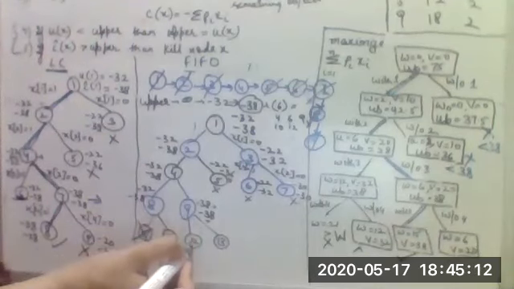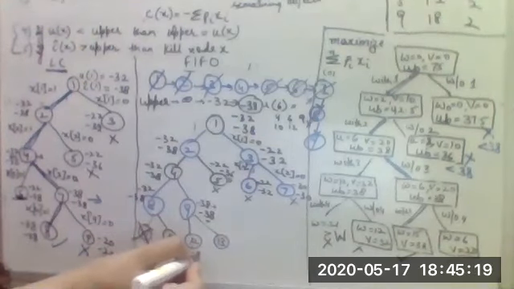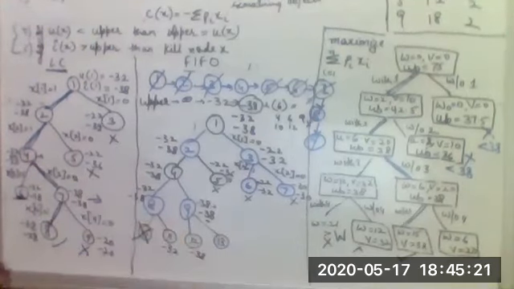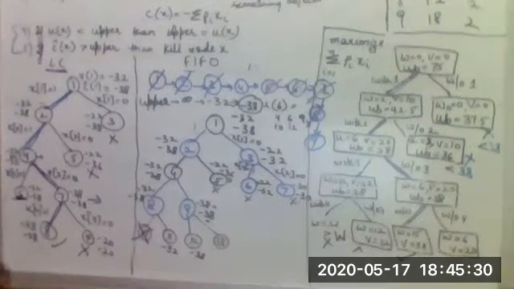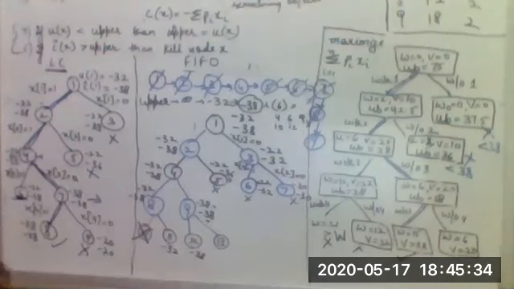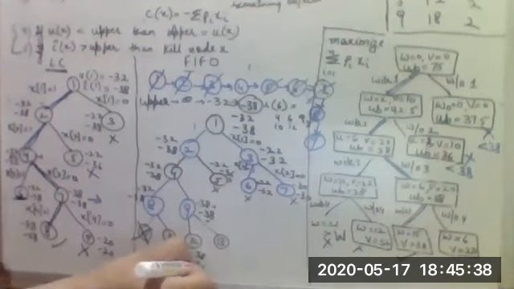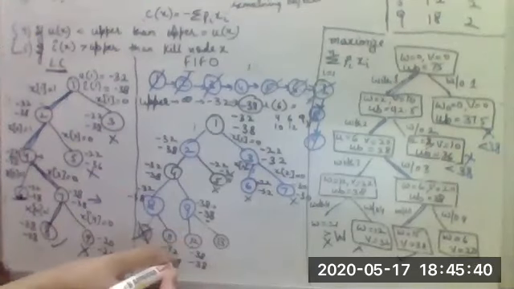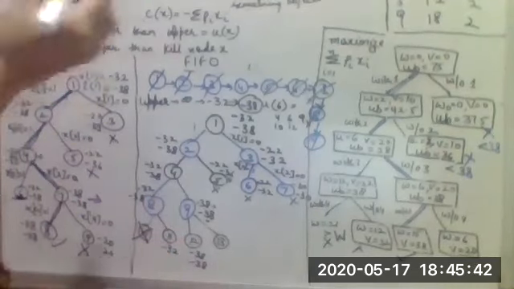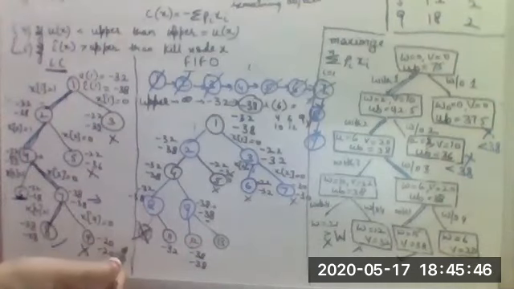Then the next one is this particular node. This node gives you a value of minus 38. This value of minus 38 is there for your U as well as for C cap. It is the same value because there are no further elements left. So it is equal to the U function value.